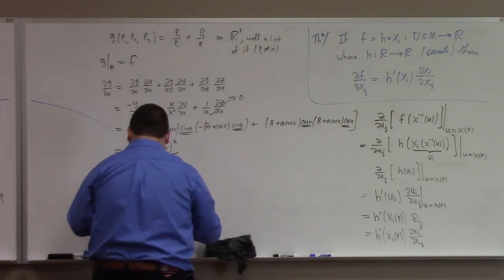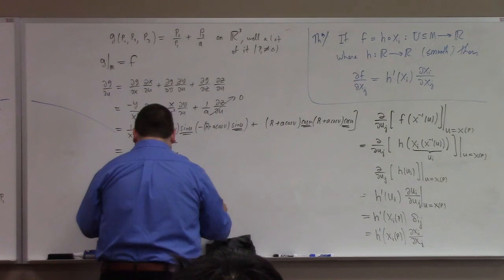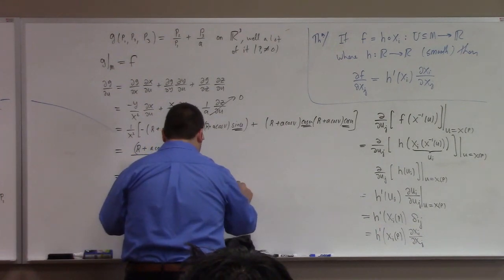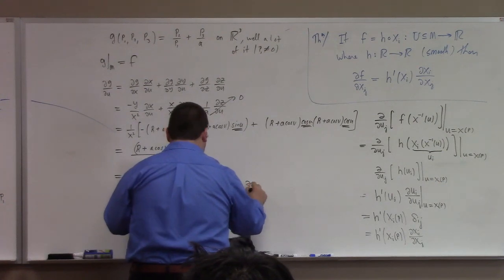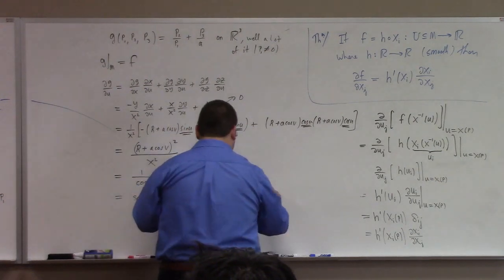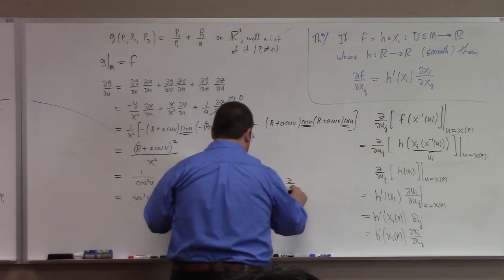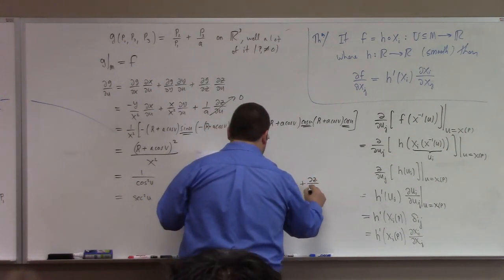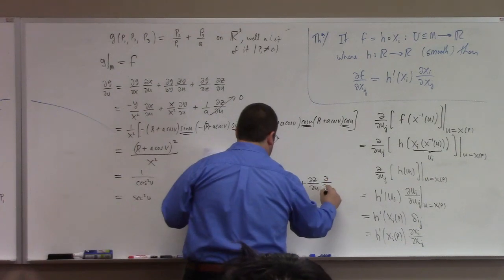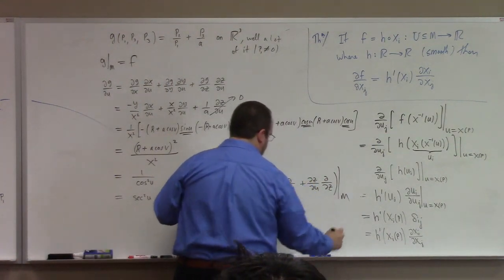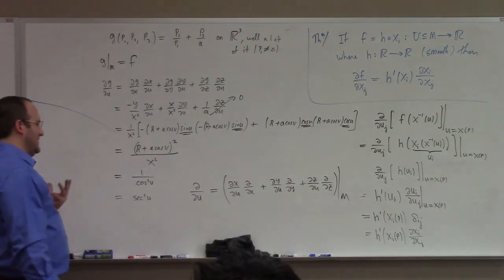But there's another way we could look at this, which is that partial partial u is really nothing more than partial x partial u partial partial x plus partial y partial u partial partial y plus partial z partial u partial partial z. Right, this on M. So the manifold has some kind of dependence